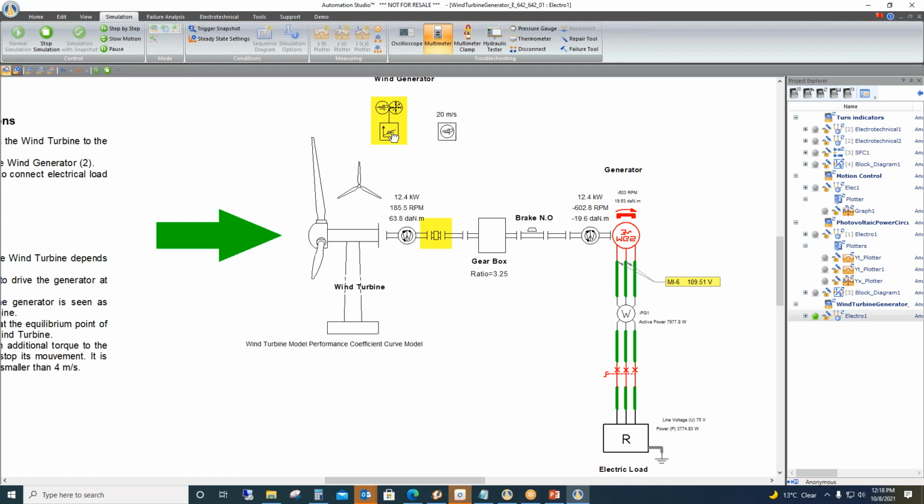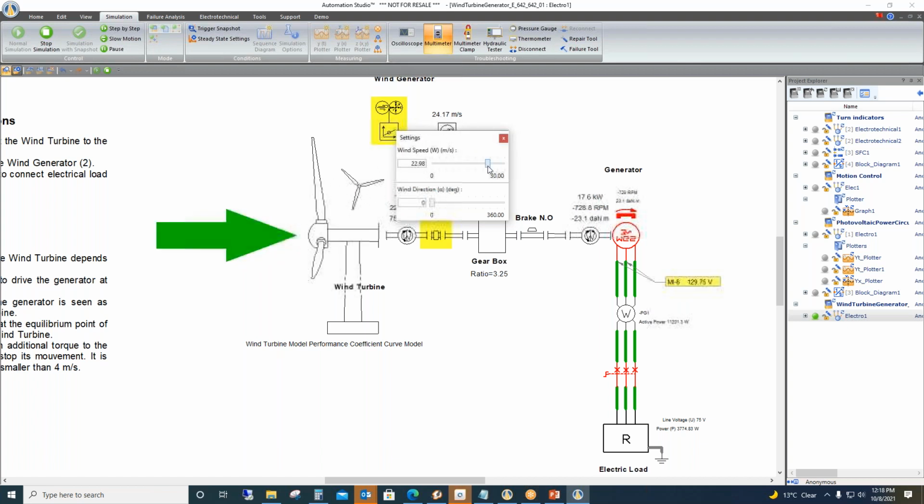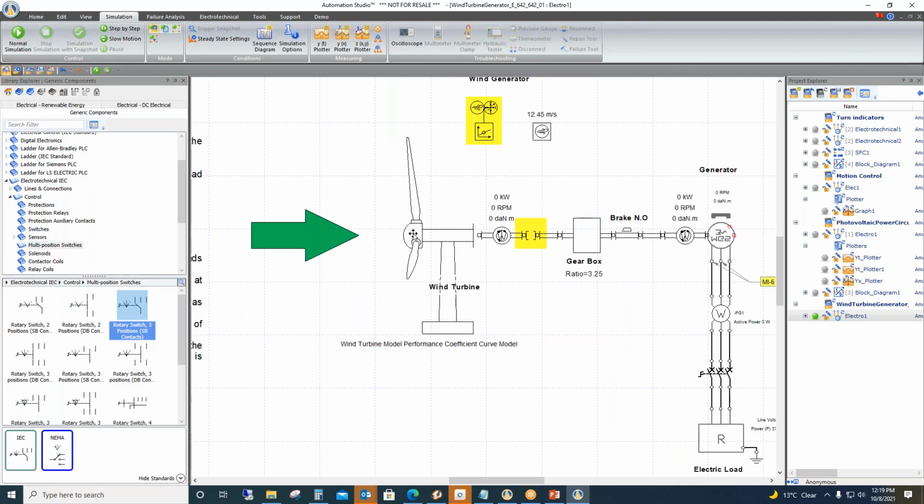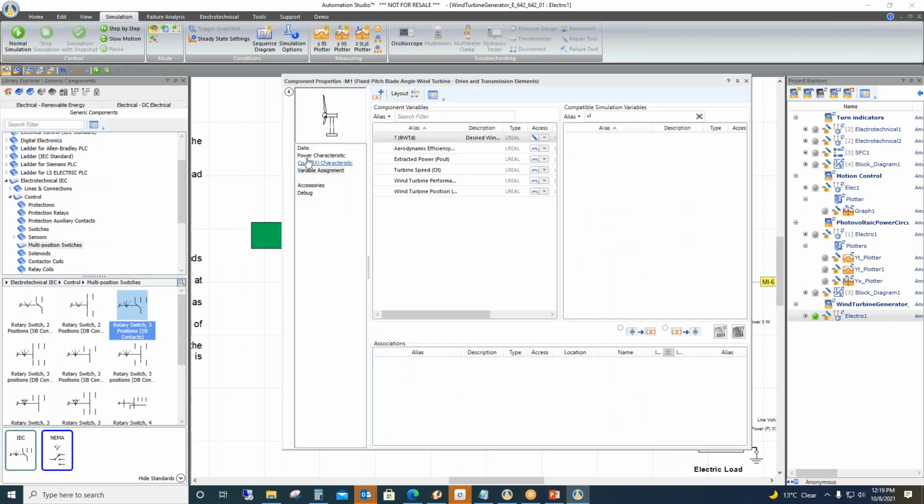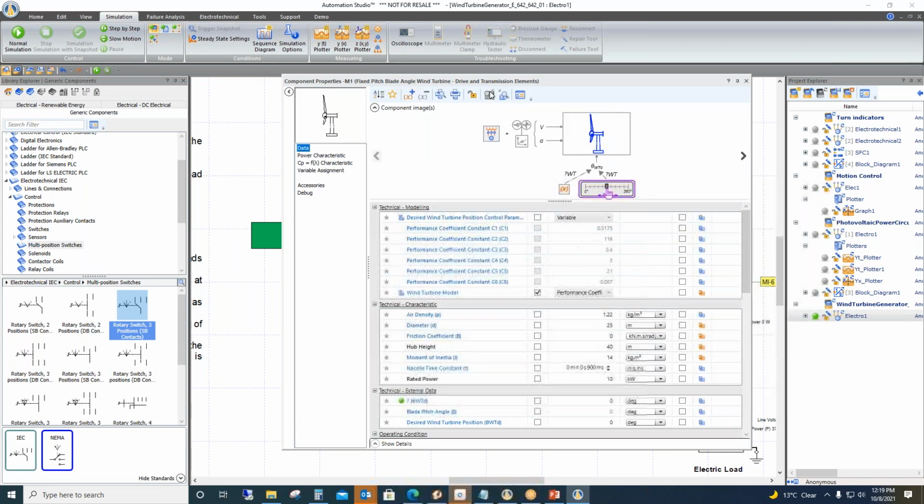If you increase this wind, the power will increase. Right now this wind generator is in slider mode. That's why I can change the wind during simulation as well. So if I increase it, it will affect the power. So in this wind turbine also there are different parameters. If you go in the data, here you have the access to different parameters.